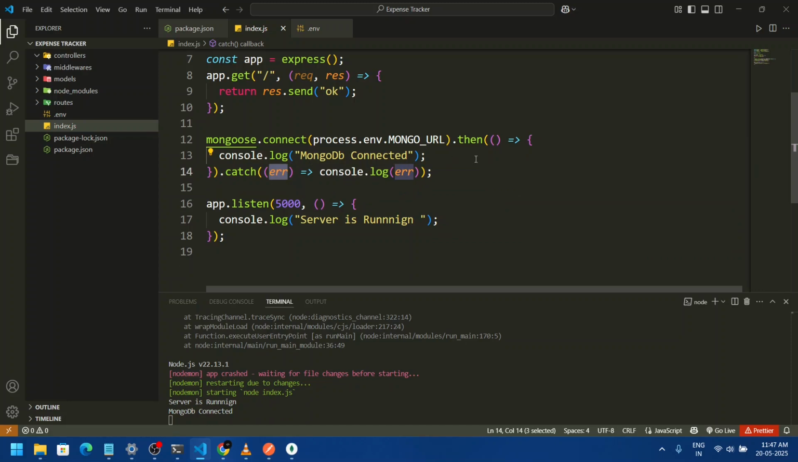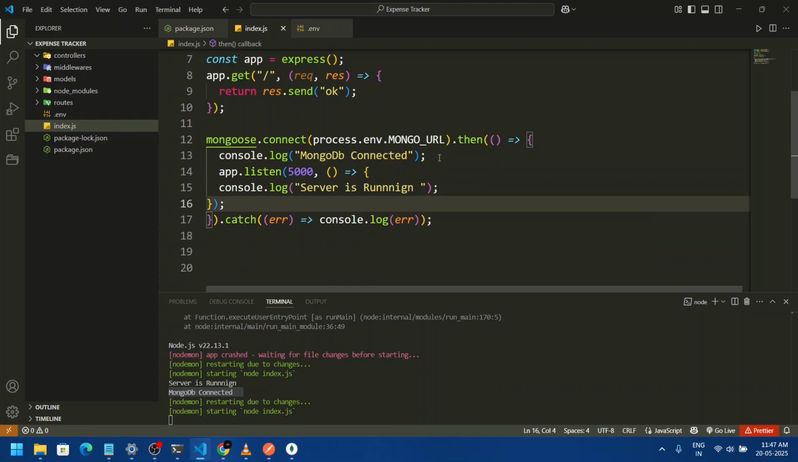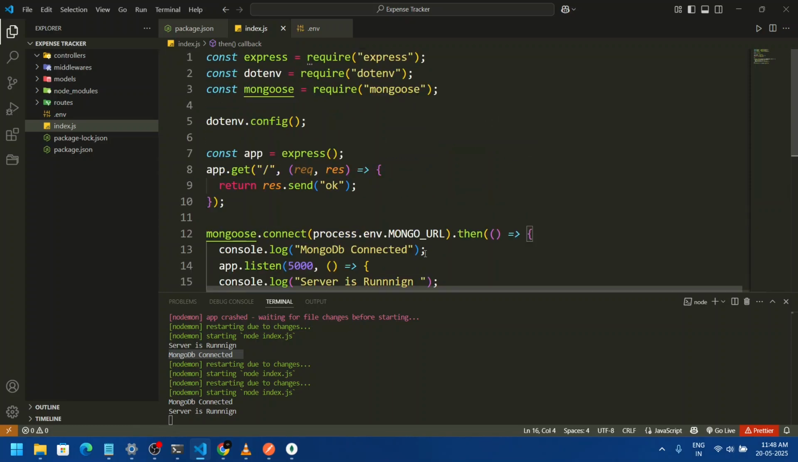Nice. You can see over here that our MongoDB is connected. Also, we can take the server listen function and put it over here. Now let's see what we get. Okay, MongoDB is connected and the server is running. What we have done is make our app listen to port number 5000 whenever our MongoDB is connected, else we get an error, right? So we have successfully created our server that is connected to our MongoDB. Now what we have to do is we have to